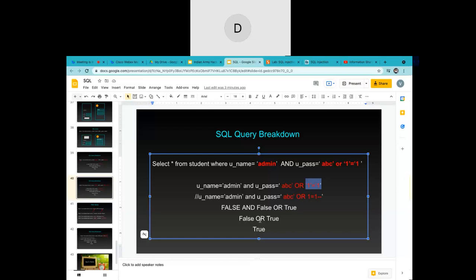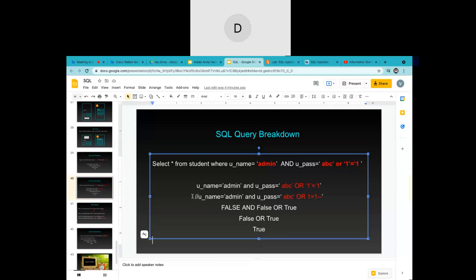OR will be evaluated as OR. True will be evaluated as true. False or true, that means if any one of the conditions is true, it says I am going to allow you to get into the application. So this way we have spoofed the application into giving us the output as true, so that we get into the application. I hope you understood this.